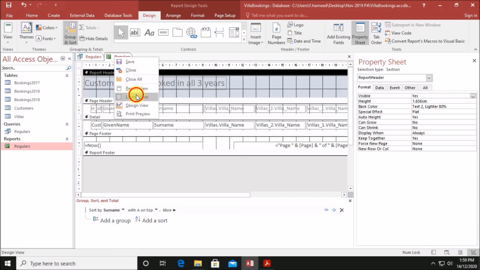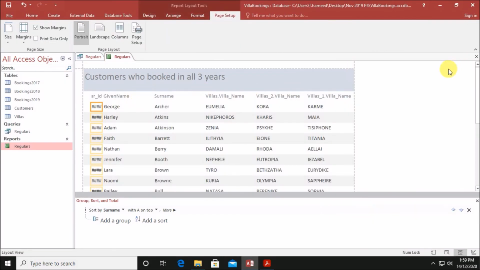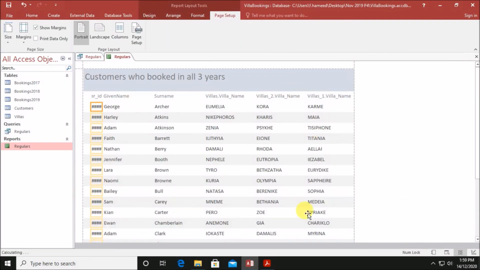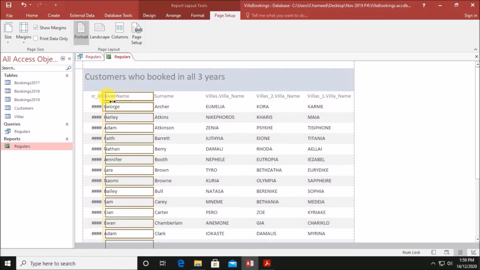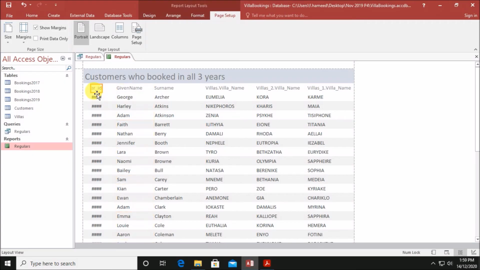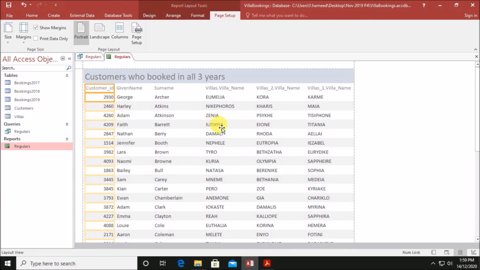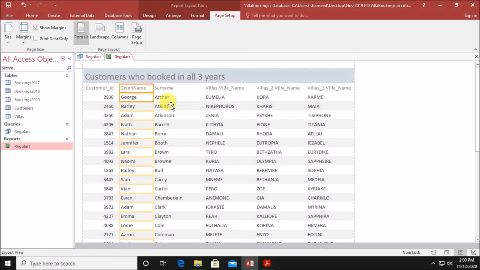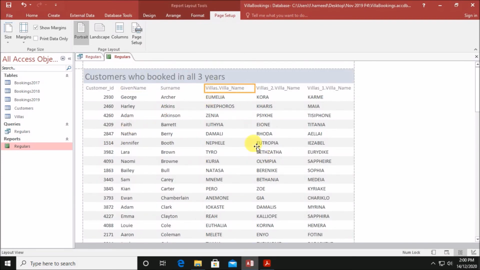Go to the layout view. Let us adjust so that everything is visible properly. Let us change the name here.